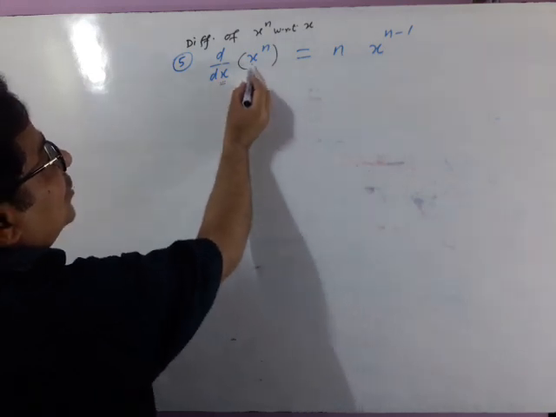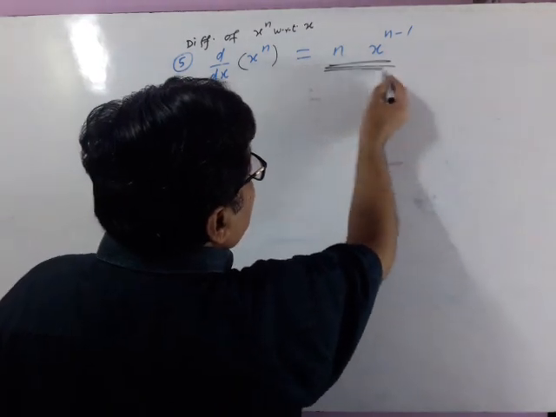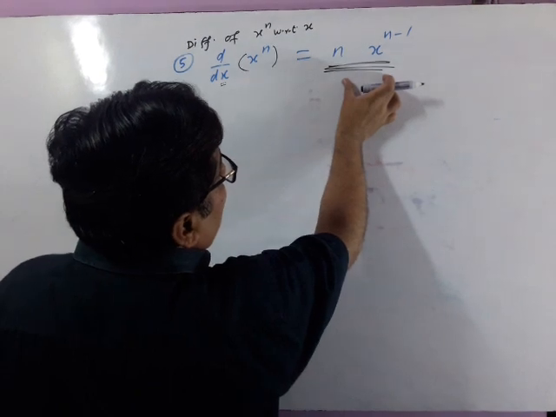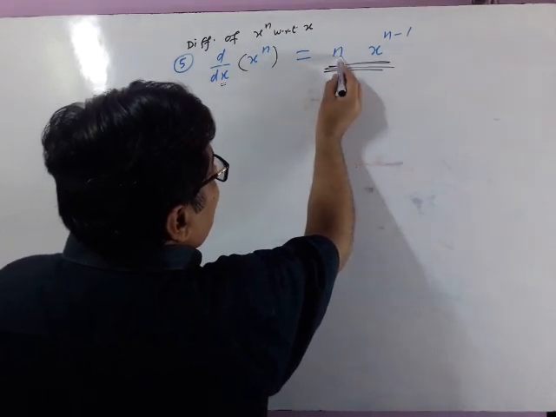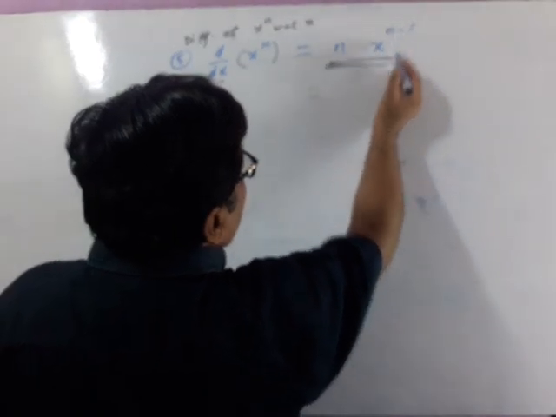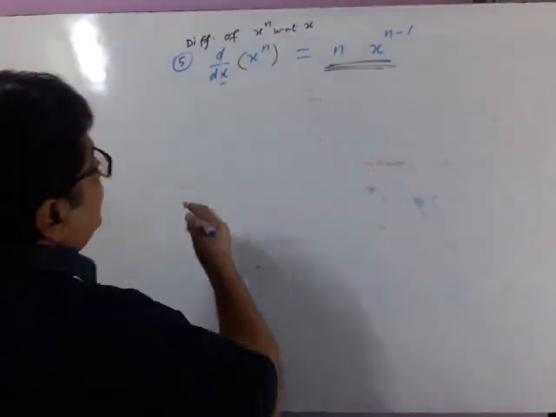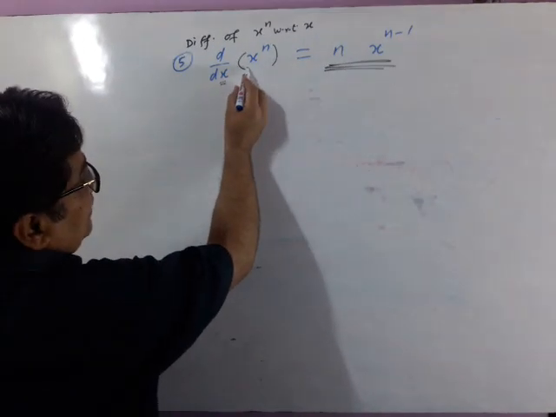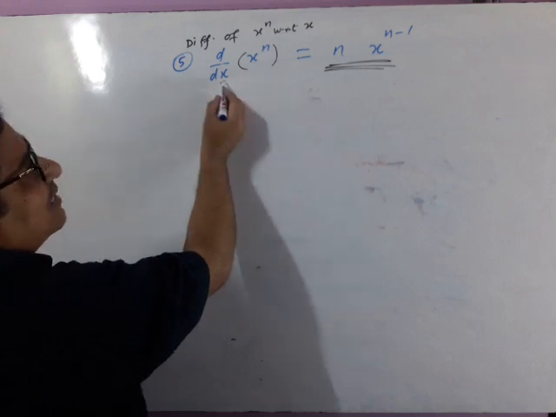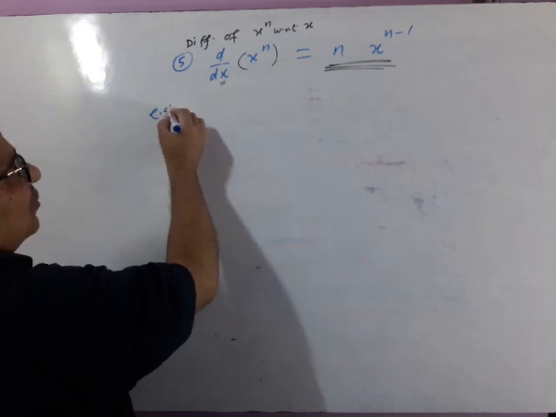This is the question. What is the differentiation of x raised to the power n with respect to x? So this is the answer. This is the formula. If this is the question, this is the answer of the formula. So this n means power. X means this base. Raised to the power n minus 1. Breathe in slowly and gradually again. Now see, ordinarily we call it differentiation of x raised to the power n. Only this. We know the variable is x. Now have some examples on this.